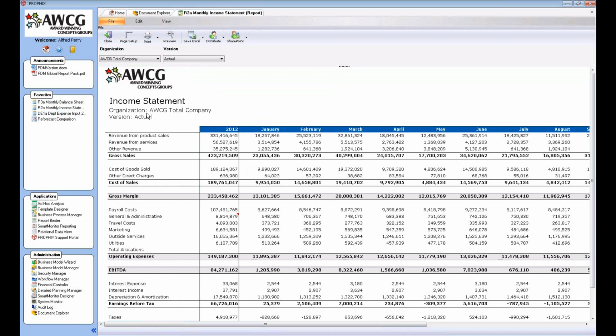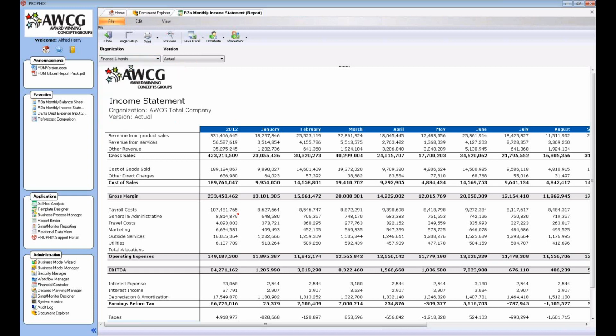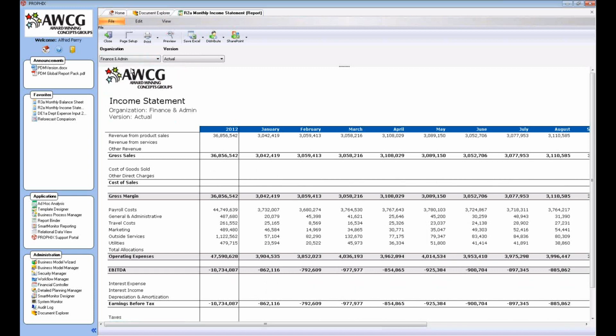And so one of the other neat features about the income statement, or any of the reports within Prophix, is you have the ability to switch between different dimensions. So in this example, we have a department dimension. And I have a list of all the departments in the company, and I can easily switch if I want to look at an income statement for the finance and admin department of my company. It refreshes, and the performance